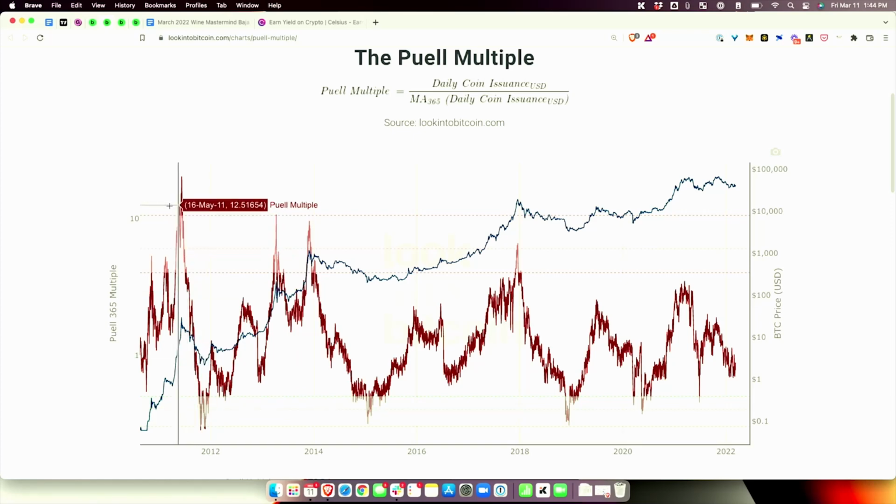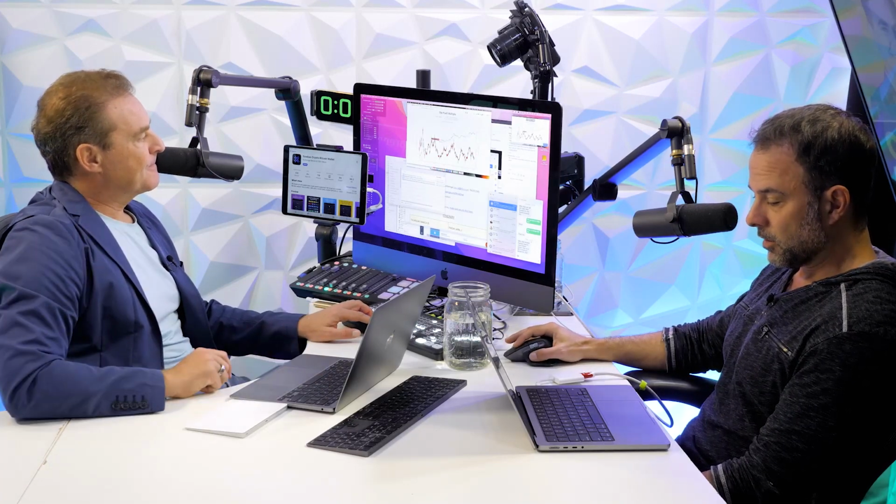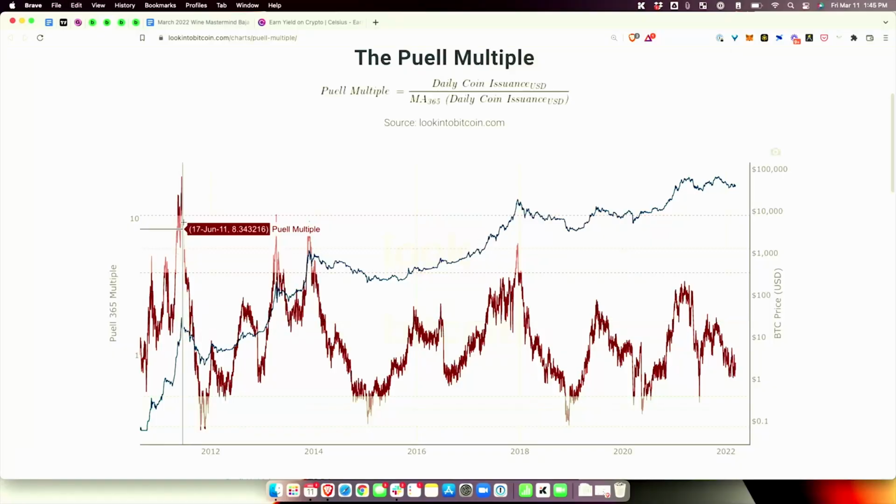So what I love about this chart is it gives me very punctuated signals that correspond to the market tops historically. And there have been at least, if you look up here, 1, 2, 3, 4 big bubbles and bursts throughout its history. And there's been some other smaller ones, but 4 primary ones. And what we see each time is in this one here, this indicator spiked up to like 10 or 11,